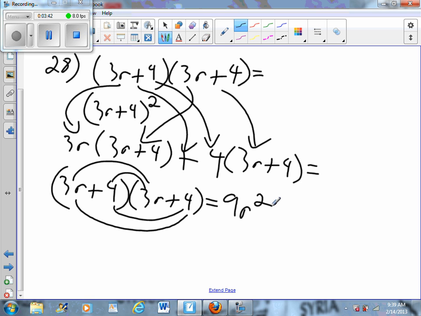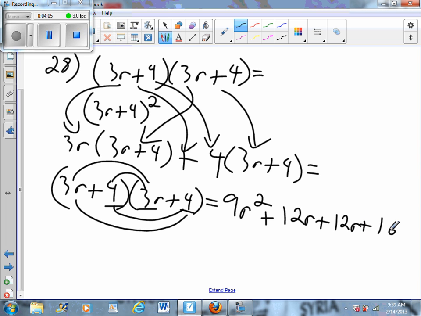Then 3r times 4. What you should get here is 12r, right? And the same thing when I multiply this 4 times that 3r, you're going to get 12r again. All right? My two last terms, 4 times 4,